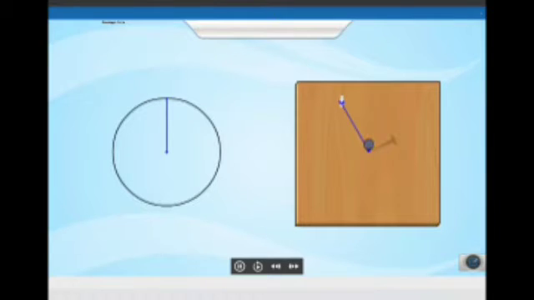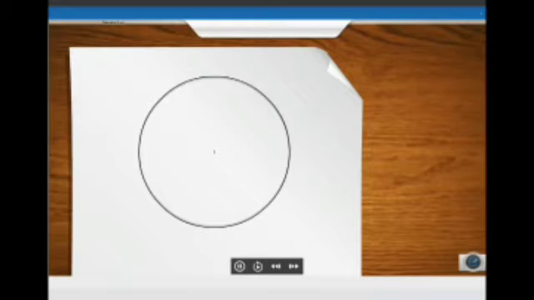He then takes a string and ties its ends together in a knot to get a loop. He places one end of the loop around the nail and the other around a long piece of chalk. Keeping both the nail and the chalk vertical and the string tightly stretched, he moves the chalk to take one full round around the nail. He now has a circle with all the points at an equal distance from the center, where the nail has been placed.